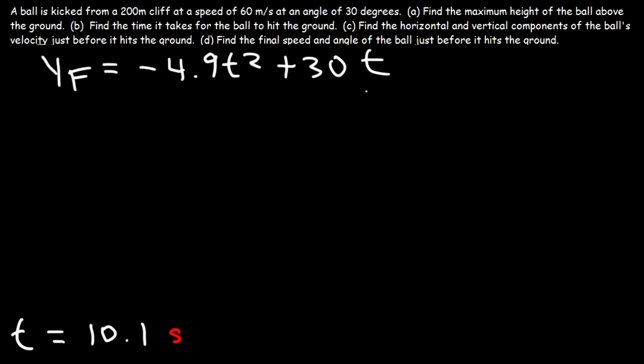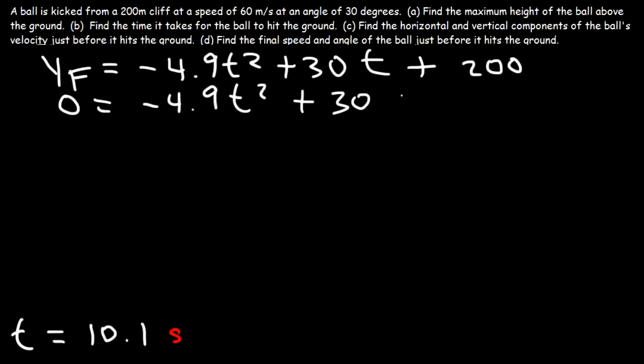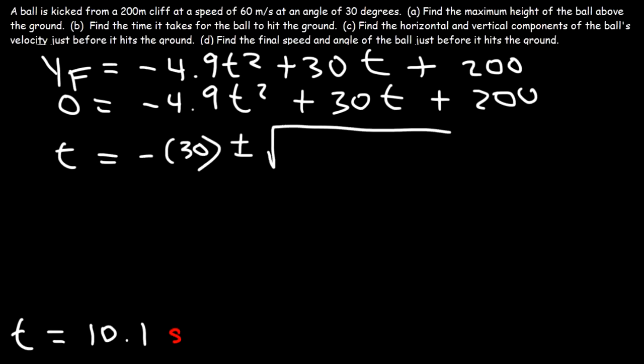Once it reaches the ground, y final is 0, since there's no height. So therefore 0 is equal to this equation. And whenever you have a 0 on one side, you can solve for t using the quadratic formula. So t is going to be negative b, where b is 30, plus or minus the square root of b squared. 30 squared is 900, minus 4 times a, which is negative 9.8, or rather 4.9, times c, which is